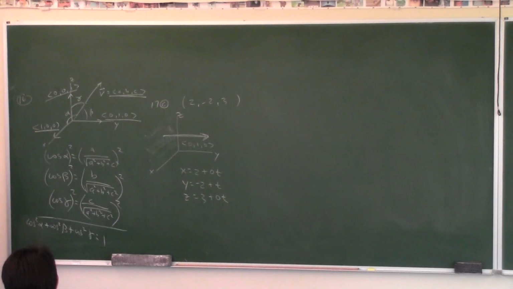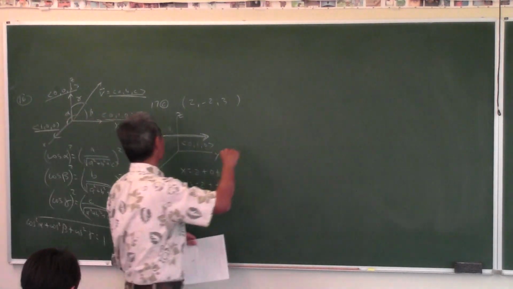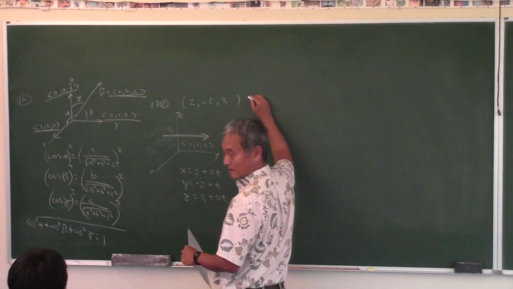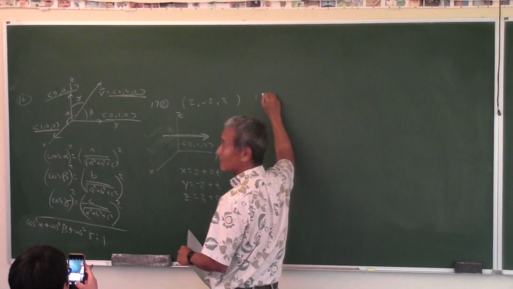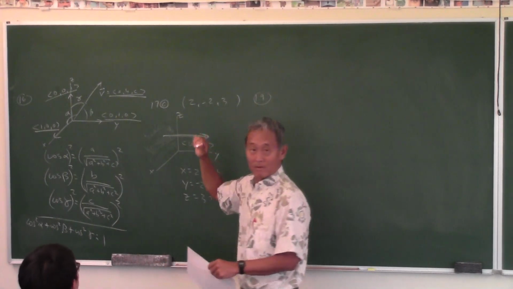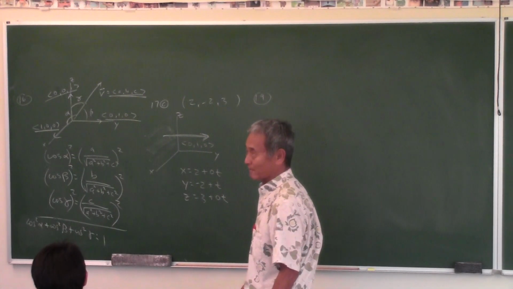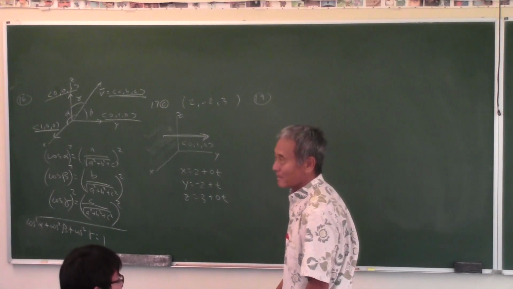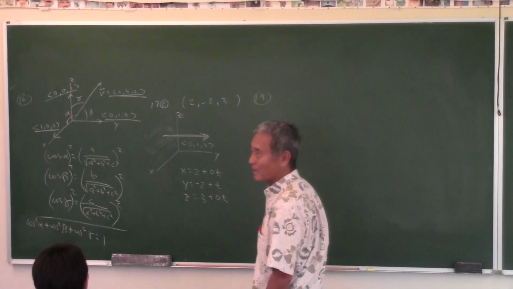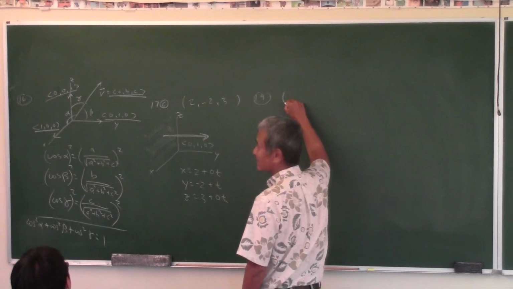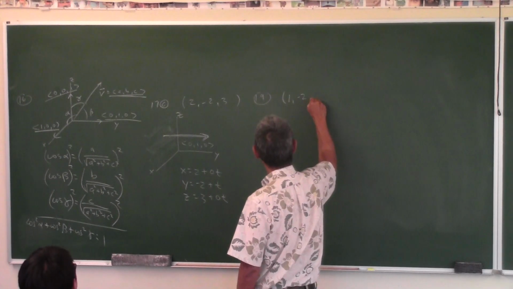Okay, anything else in number 17? You guys have to tell me. 19. Let me outline it, let's just do it to make sure the answer is right. Number 19. I don't know if you remember, but this problem was on the vector exam. Find the distance between the point (1, -2, -5)